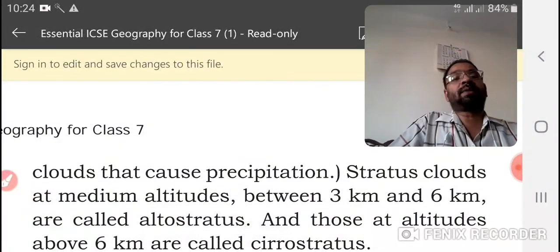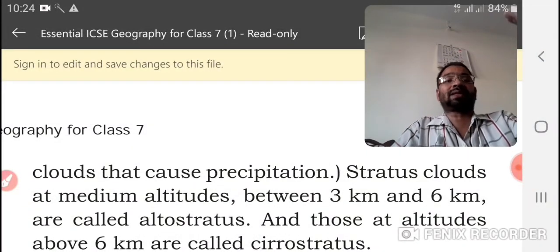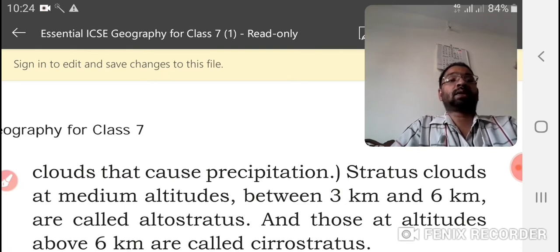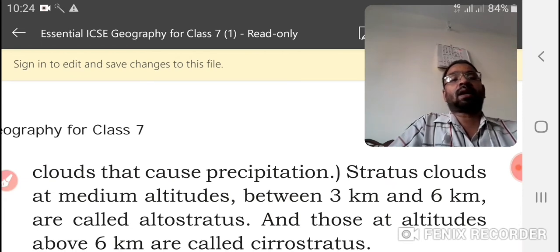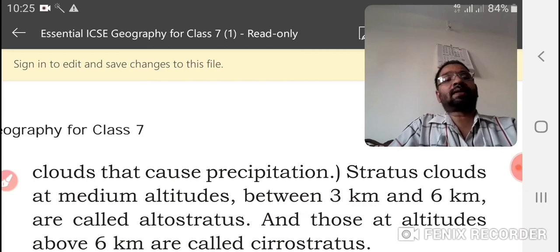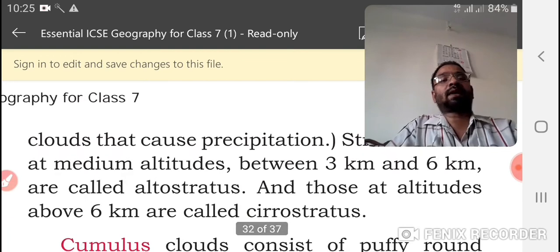Stratus clouds at medium altitude, between 3 kilometers and 6 kilometers, are altostratus. Those at altitudes above 6 kilometers are called cirrostratus.